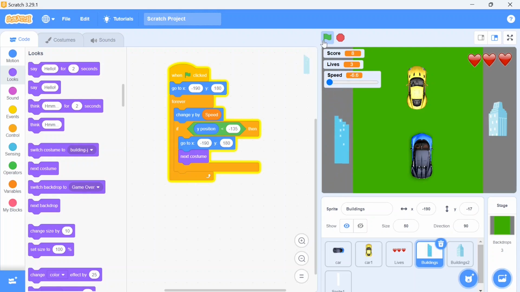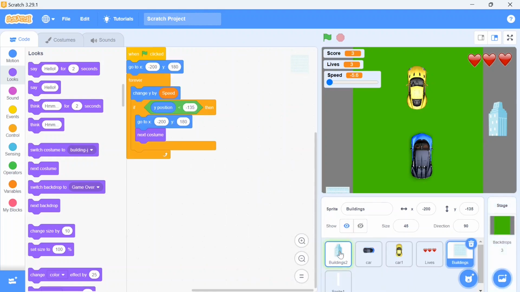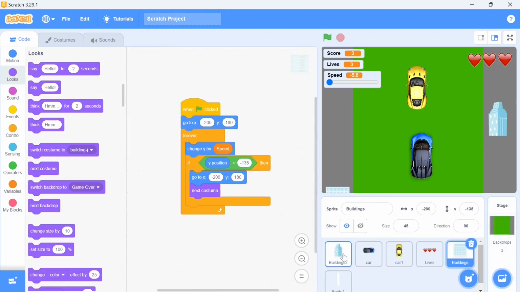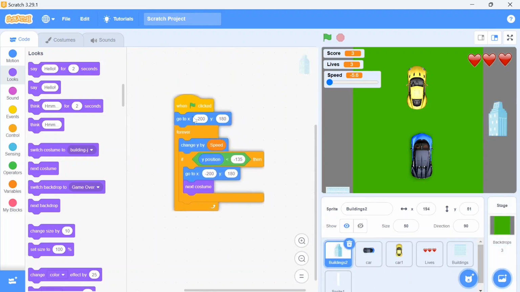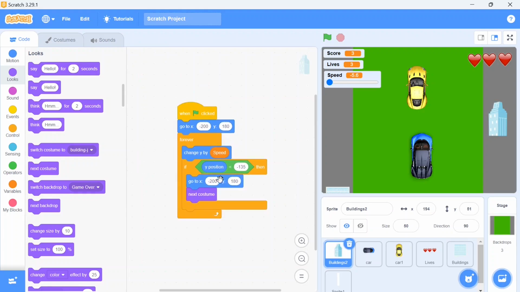Okay. The same code we are going to do for the second building. What we need to do is take the whole code to the next building. Now you can see the code coming for the second building as well. The same movement I want for this, and the position is also fixed. Only the y-axis should be changed. It should be on the positive side. For that I need to make it positive. And then you will see the result.